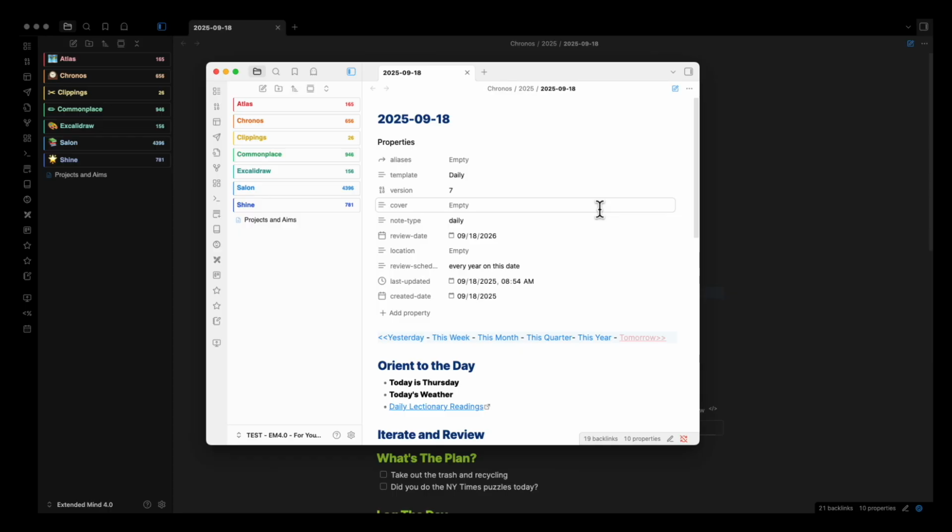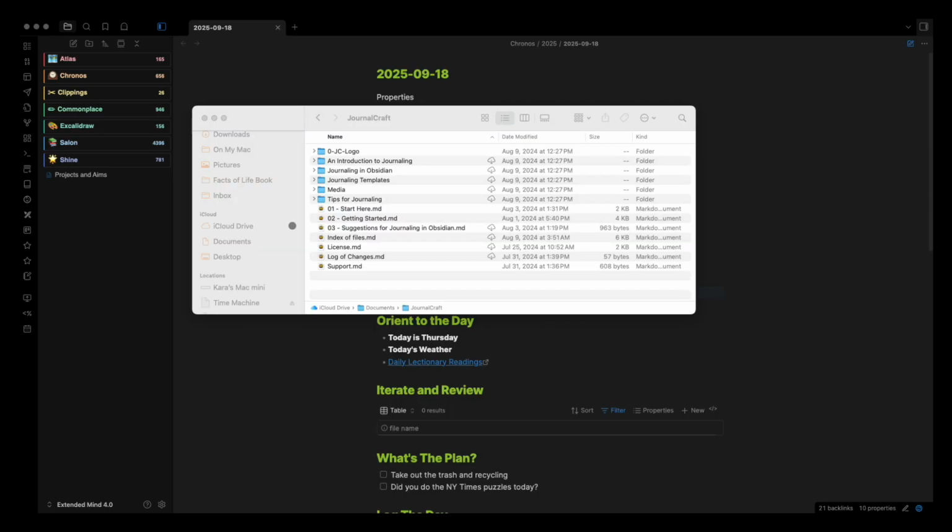I want to create all my actual content in my regular vault and just use this vault when I'm testing out new things like new plugins or new themes or things like that. So this brings us to the second reason why you might want to add a second vault to Obsidian, which is if you've downloaded content from somebody like me or TFT Hacker or Mike Schmitz or one of the other Obsidian creators out there.